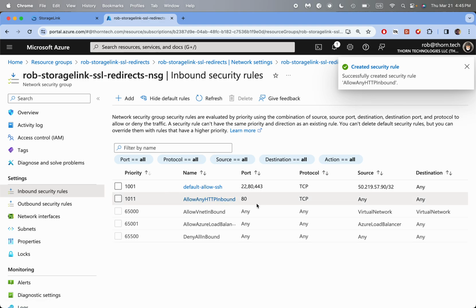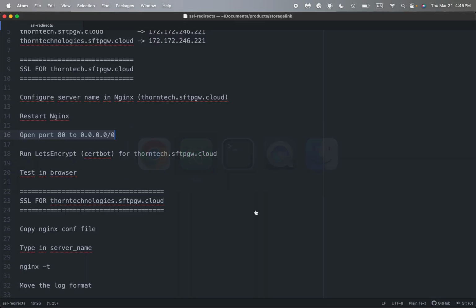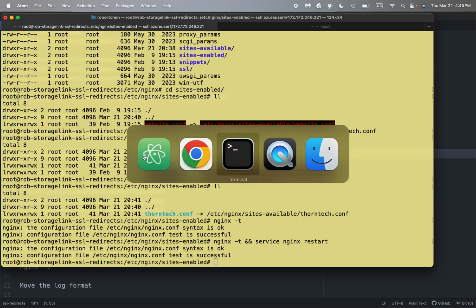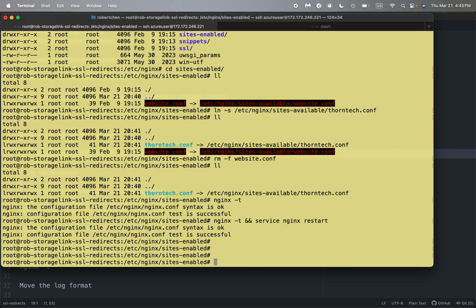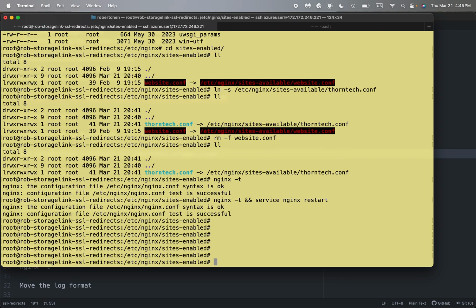Okay, so right now it's allowing anyone to access port 80. Okay, so this step is done. So I could finally run the certbot command on the server. So if I type in certbot,